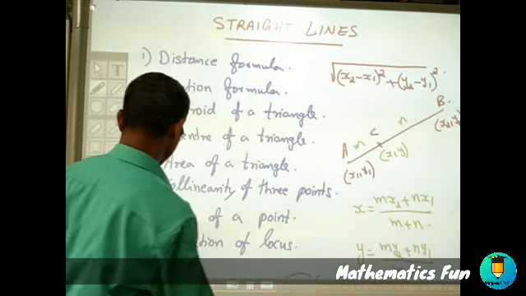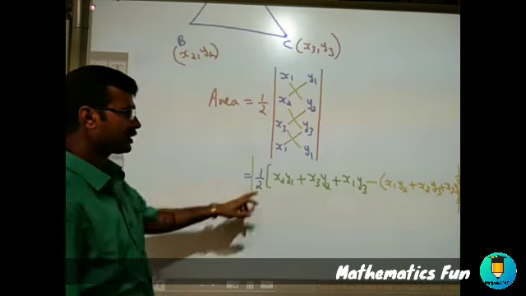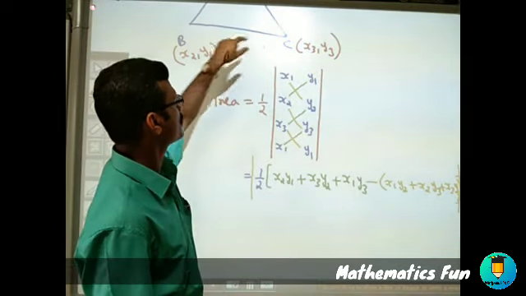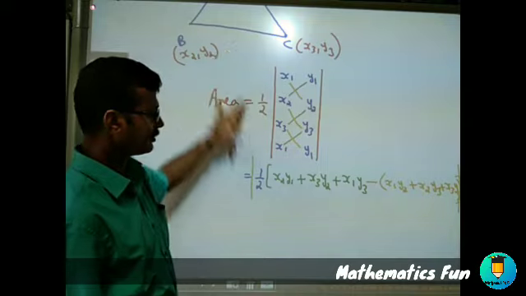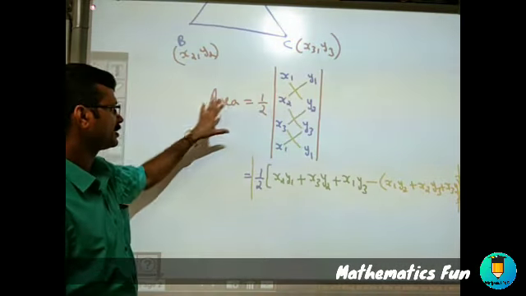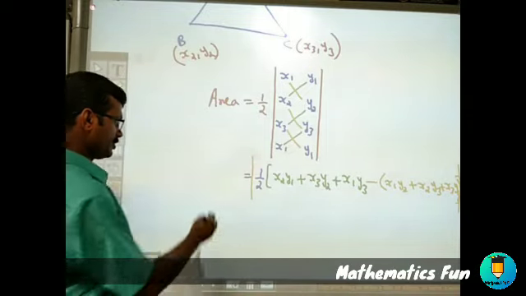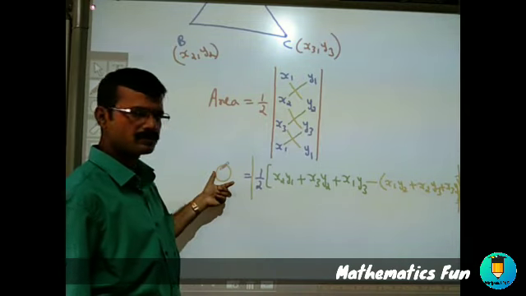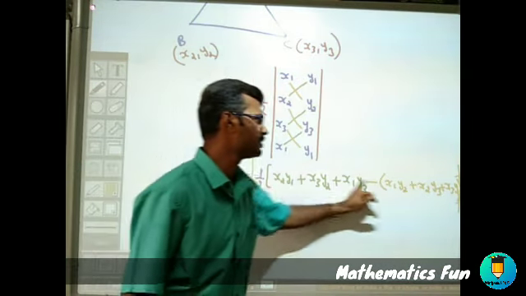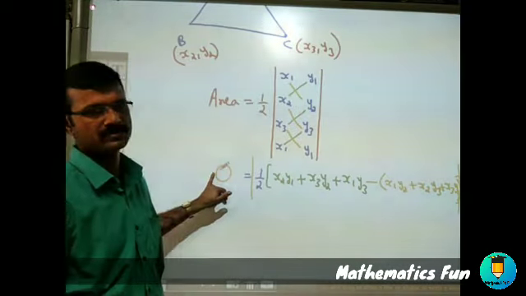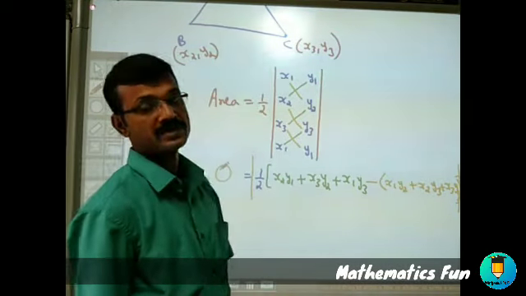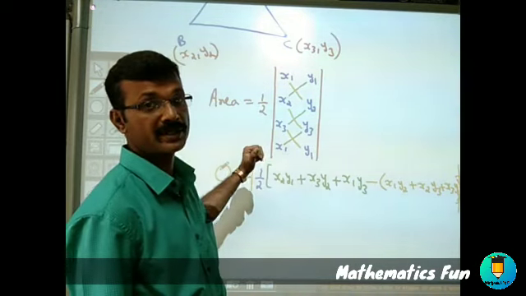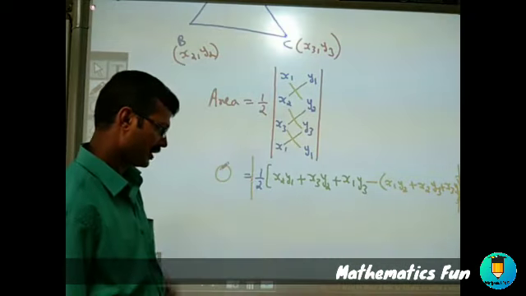Suppose the 3 points are collinear. Then what happens? The area will be 0. If 3 points come on the same line, naturally the area of the triangle will be 0. Therefore, this area part I can write as 0. So we can write 0 is equal to this. Again, if I cross multiply, this 2 comes here, that becomes 0. So ultimately, only this is equal to 0. So we can remember like this: if 3 points are collinear, then the area will be 0. So that is the way of checking collinearity of points with the support of the area of a triangle.